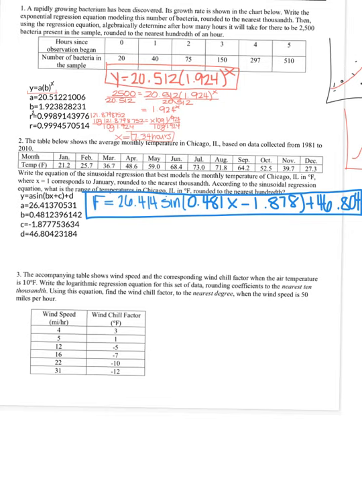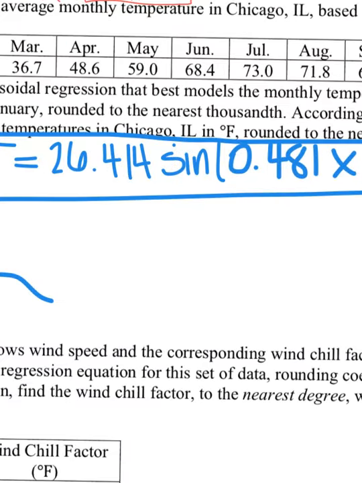So now using this, the question then says, what is the range of temperatures in Chicago? So now this makes sense because it's periodic. You're going up and down, up and down, up and down. So the range is the min and the max. If you remember, to find the min